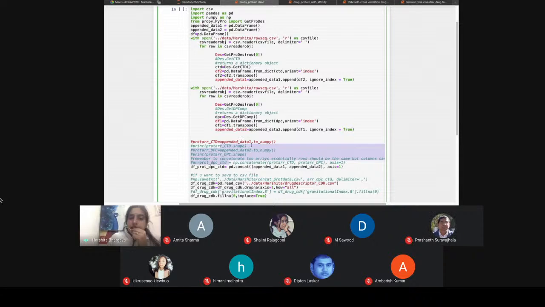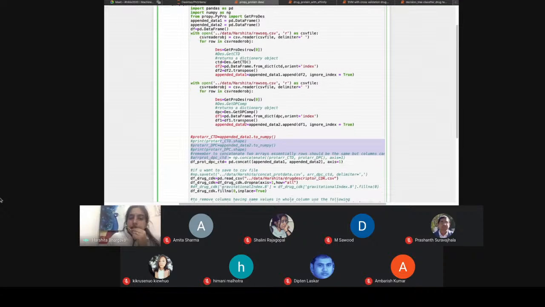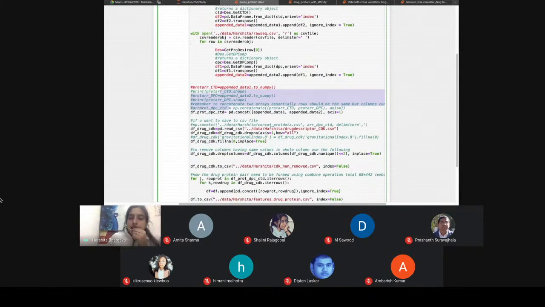You can also go for the NumPy array, in which we can concatenate two arrays. For this purpose, either you can use these data frames, or you have to convert them to two separate arrays, and these two separate arrays can be concatenated together. So that is one form of joining two arrays.